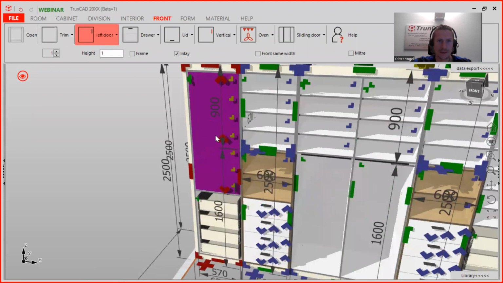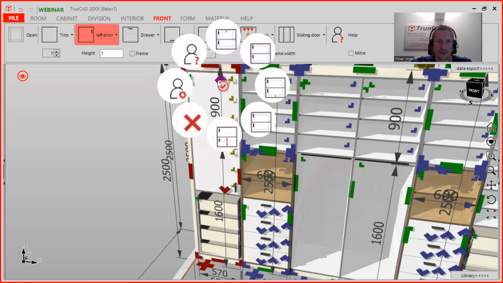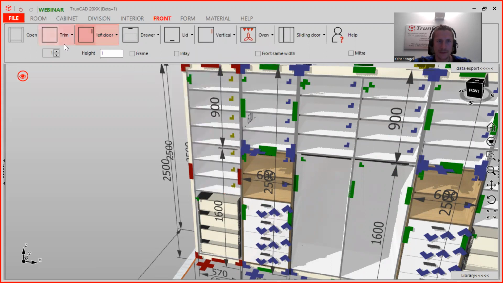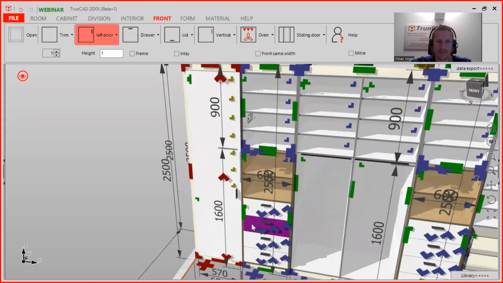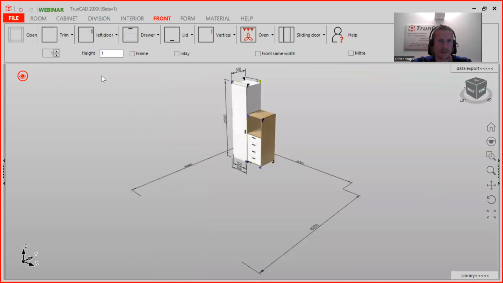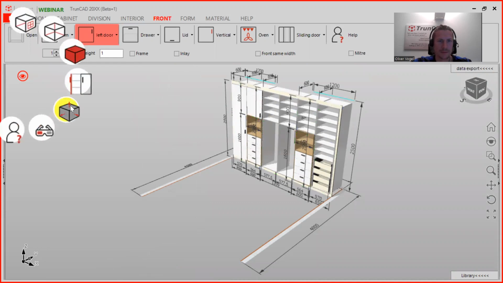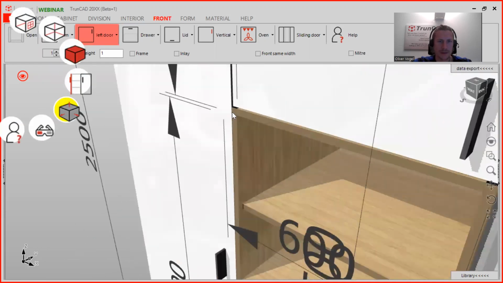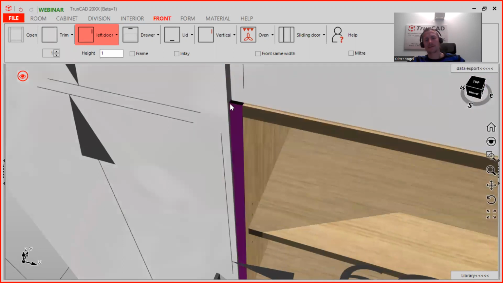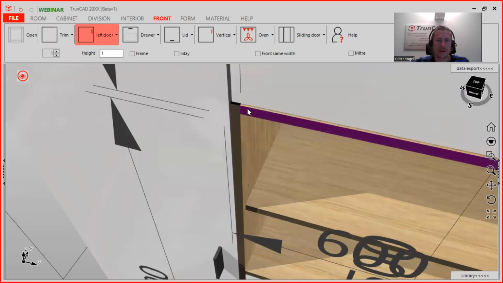So I made a mistake because we need to remove inlay. And here, when you click on here, you can delete it. And we just drag it and drop it here again. So, and now we want to have it here also here. So, and I will remove it. Yeah, you see now you know why it's here 20 mil more than the other ones, because we have the doors here on the